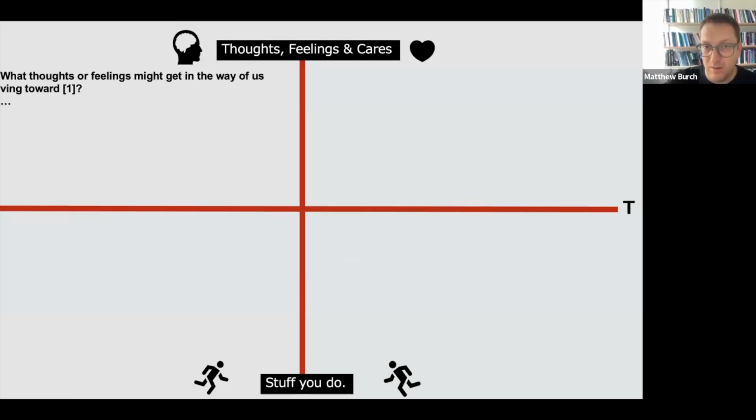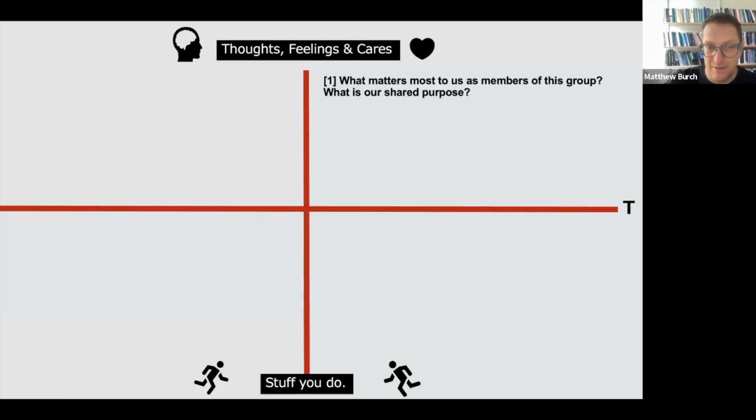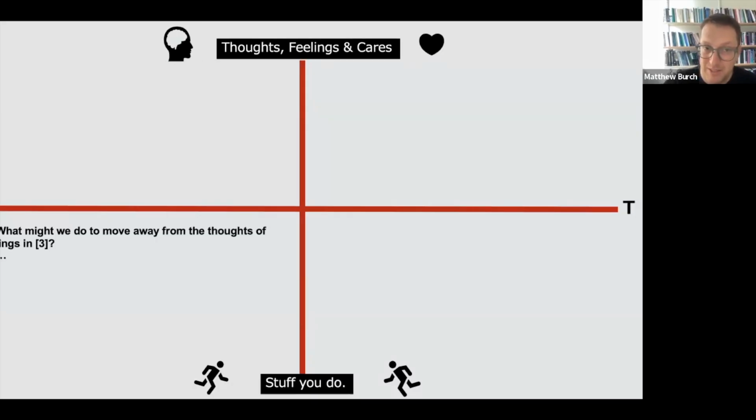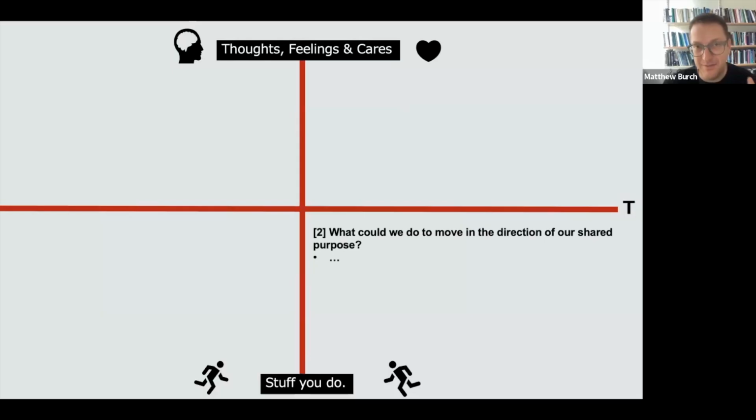The things that you all care about, the things that you want to get out of this group, the thoughts and feelings that might get in the way of you being successful, the behaviors that might get in the way of you being successful, and the behaviors that if you engage in them, you will definitely be successful in this group. So it's a process that's designed to get everybody on the same page in terms of thinking about their common interests and their shared purpose, and also to identify potential hindrances, but also potential avenues of success in pursuing those